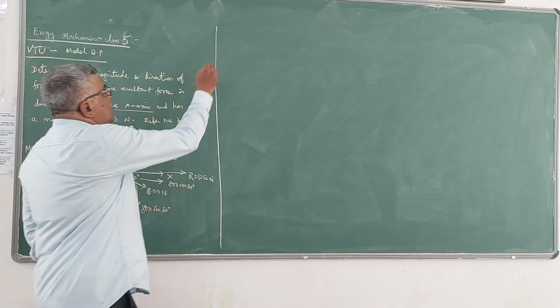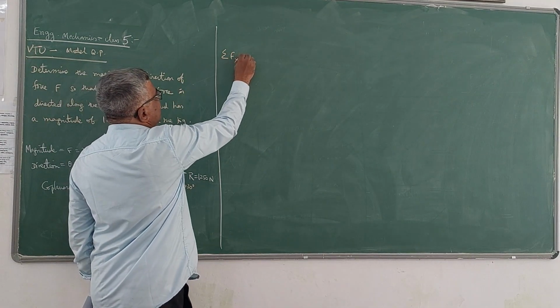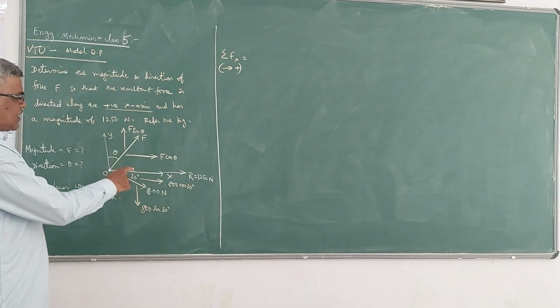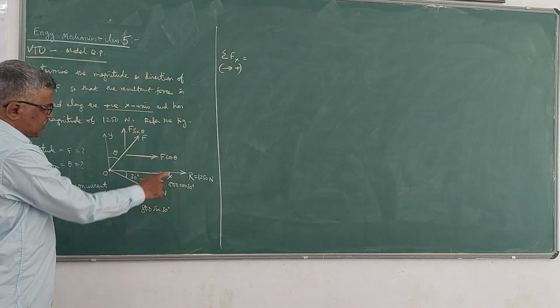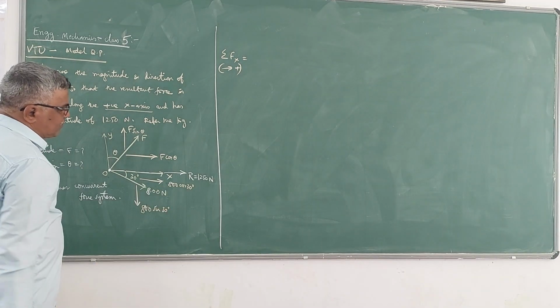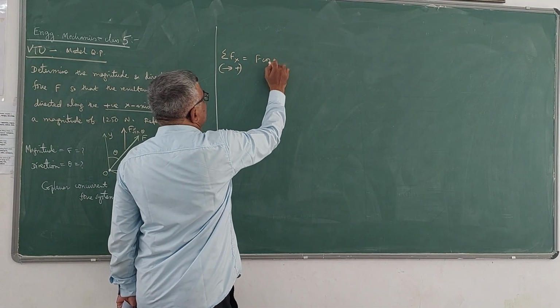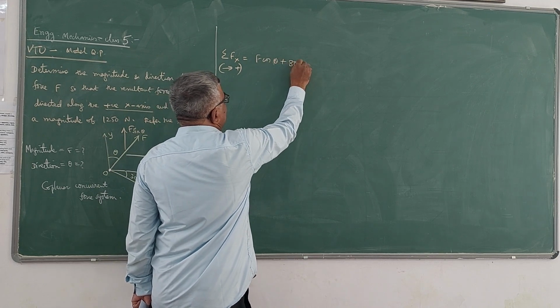Now if you write sigma Fx, if you take forces acting towards right positive, that is sign convention, F cos theta is positive, 800 cos 30 is also positive. So F cos theta plus 800,